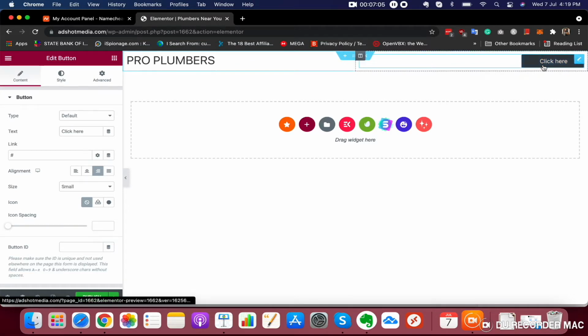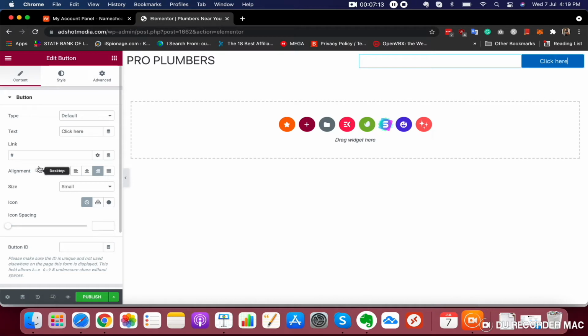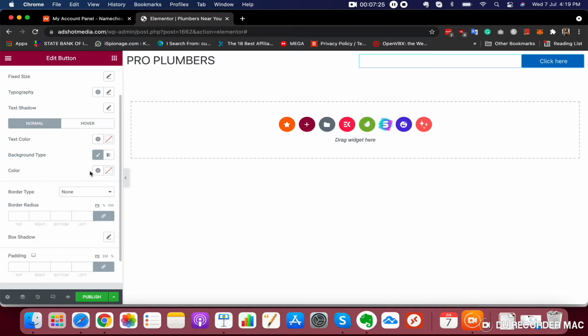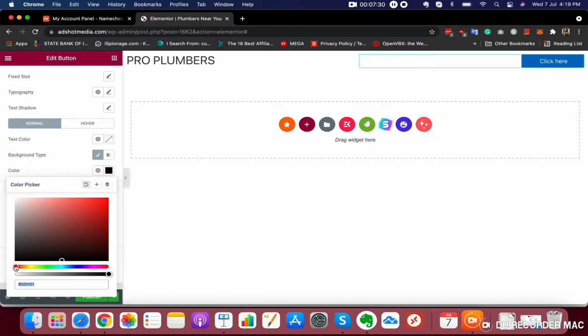And I'll change the color of it. So what we will do is just click here, click this button, and see several options have opened. So we just go to style and see here, color, background type, color, and we just click here, and I'll select something like orangish. Alright, so see, I think it looks quite better. Something a little bit dark would be very good. See, now this is good.